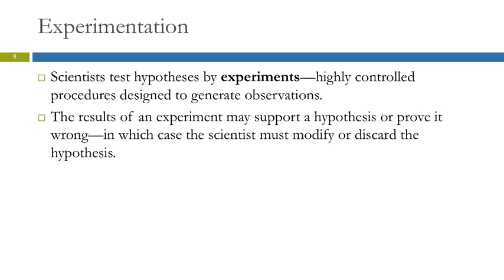We can't just say, oh, well, let's try this, let's try that. Sometimes we do that, like in real life. Oh, well, I don't know if these cookies, they didn't come out right, so next time I'm going to add some more sugar. But maybe I'm going to change something else too. A scientist will change one thing at a time and very carefully make observations so that we can learn the most. So the results of this experiment may prove the hypothesis or may support it. You can't really prove it. Support it or may prove it to be wrong. No, that's not correct.